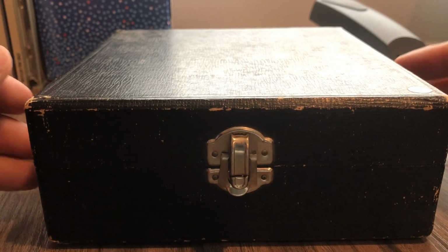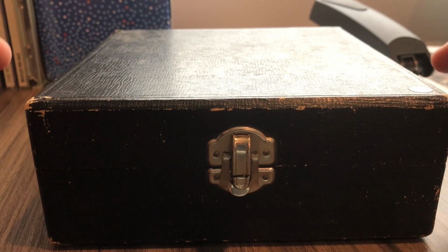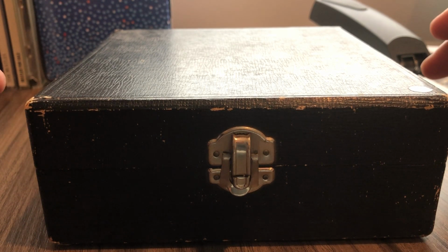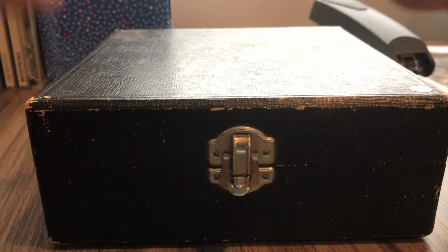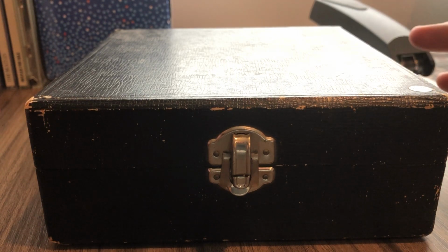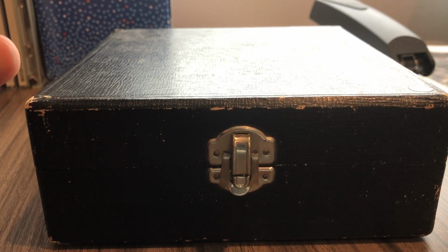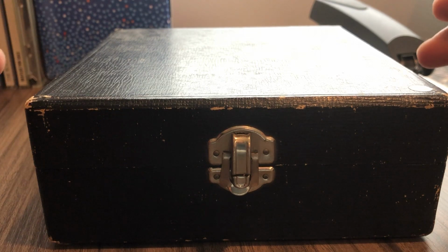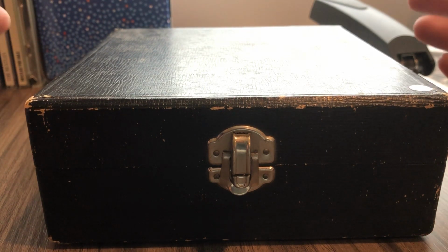He was in the army. He was in World War II, and he collected a lot of currency through his travels. So probably 3-4 decades ago, he had given me this box full of coins, as well as a number of other collecting type things like books and coin books and photo albums full of money,